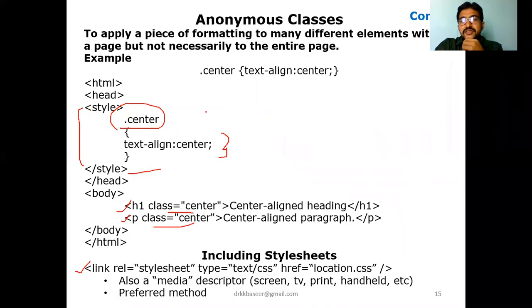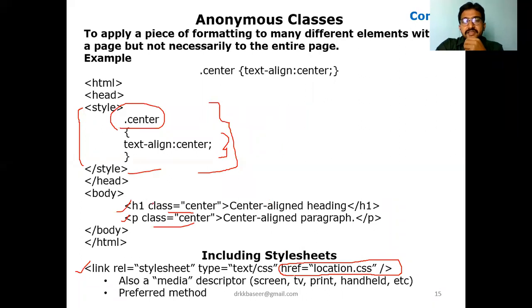If you save the style in a .css file and link it with your HTML document with the help of the link tag, which has an attribute called href, for example location.css, then it is called an external style sheet. So we have inline, internal, external.